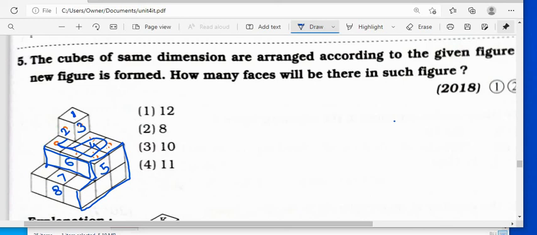Okay. Then इसके बैक साइड में जो आएगा वो 9. ये साइड में ऐसा आएगा 10. ओके. और ये नीचे का बेस जो है जिसके ऊपर ये खड़ा है, that is 11. And therefore option number 4 is